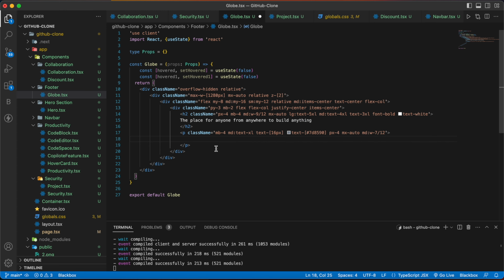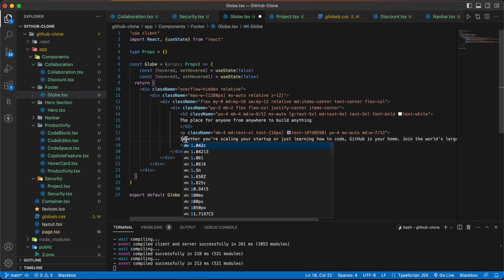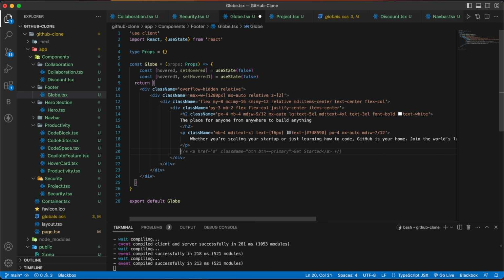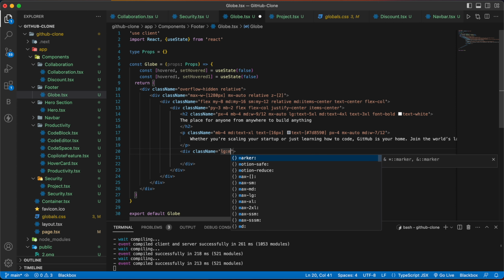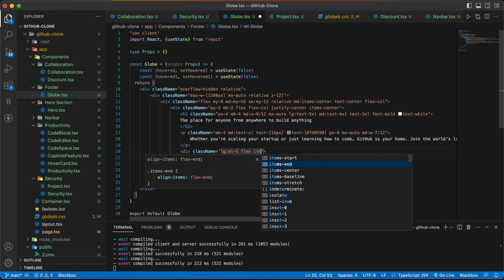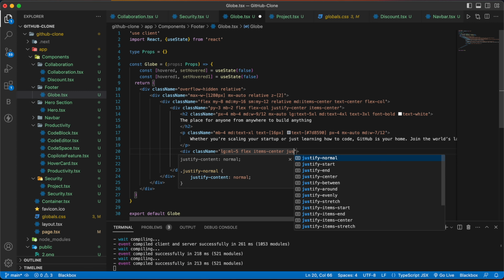And inside the p tag we are going to write this text. After this, we are going to have a div with a class name of lg:ml-5, flex, items-center, justify-center,